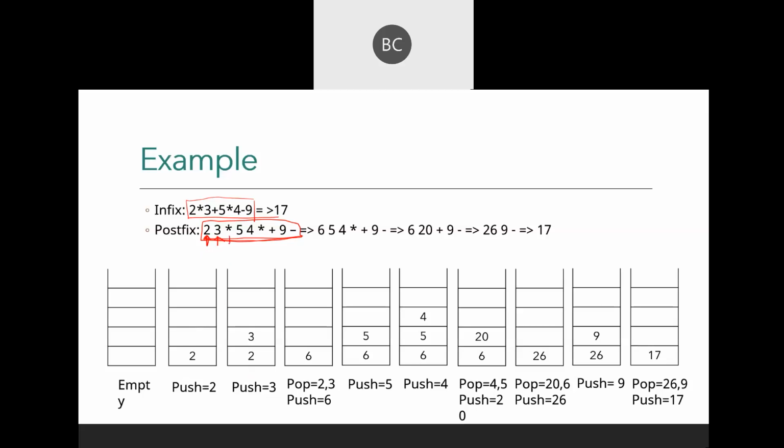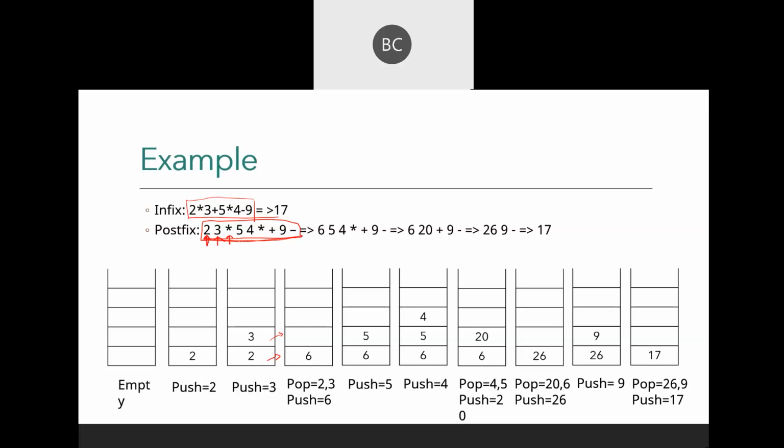Okay. Next is the multiplication operator. So what will the compiler do? It will pop out both the numbers, both 3 and 2. Then perform the operation, that means 2 into 3 is 6. Then the result will be pushed back to the stack again. So it will pop out 2 and 3 first, then multiply them, then the result will be pushed back to the stack again. Now your stack contains only 6.